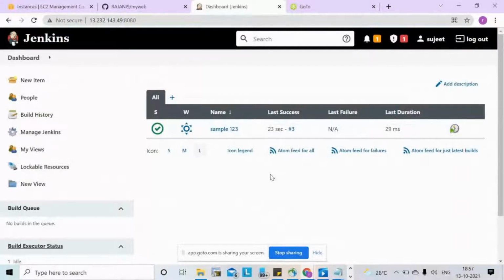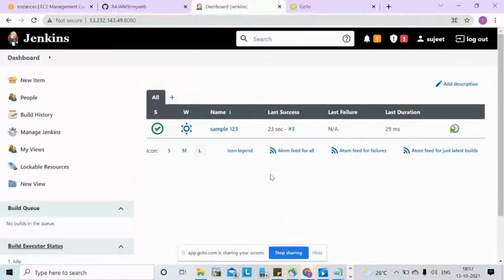So for that I need to integrate the web server with Jenkins, right? So you need to install the plugin. Yes, we need to install the plugin and integrate the web server with Jenkins.